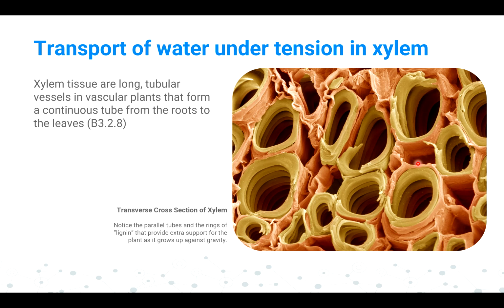When we say tension, that means the water has a sticky nature, first of all within themselves, and then they are sticking to the dead tissues of the xylem. The xylem is quite long, like a hollow tube, a hollow cylinder, which makes a continuous channel for the plant, which connects root to the leaf. Why leaf? Because photosynthesis takes place there. So that is an important area